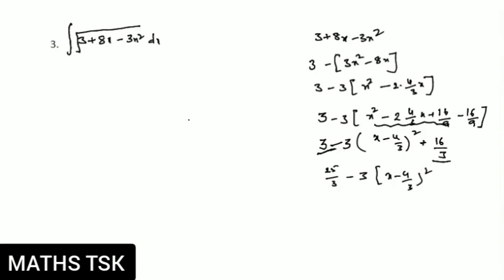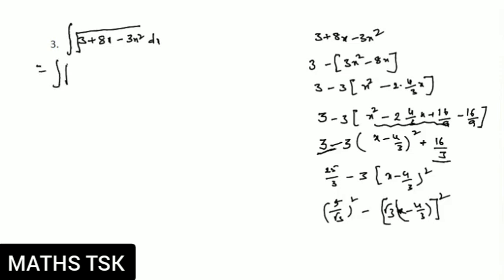So this can be written as 5 by root 3 whole square minus root 3x minus, taking 3 inside, it becomes root 3. Root 3 into x minus 4 by 3 whole square. That's better, no? Alright. Now this integration can be written as